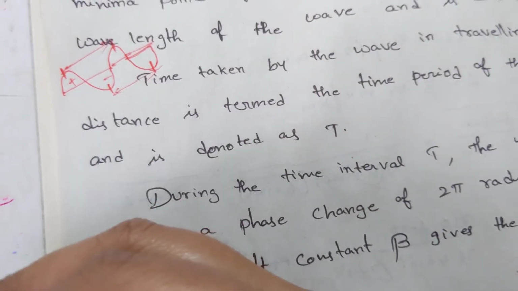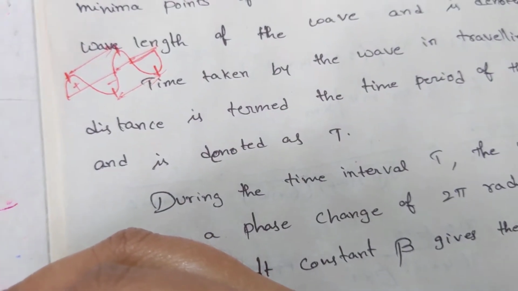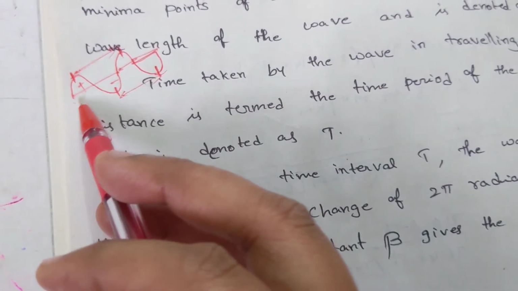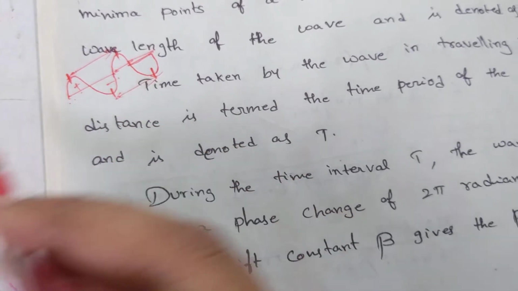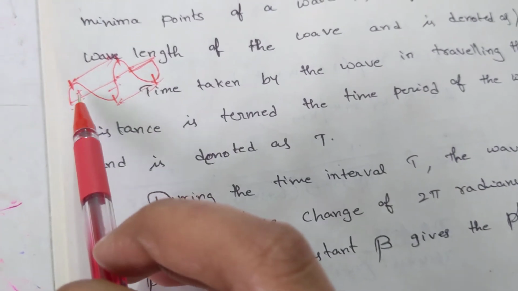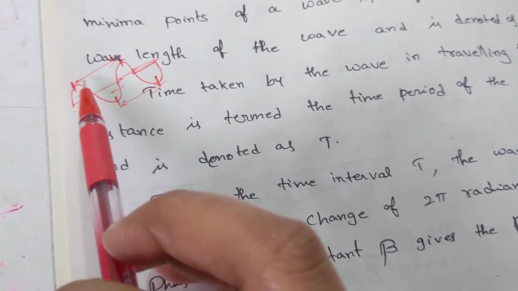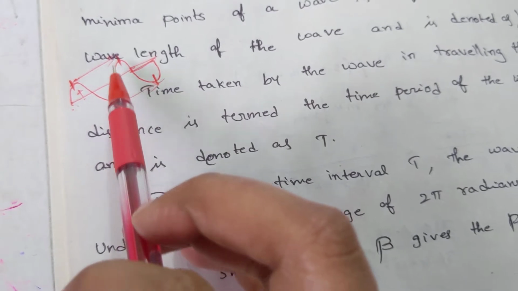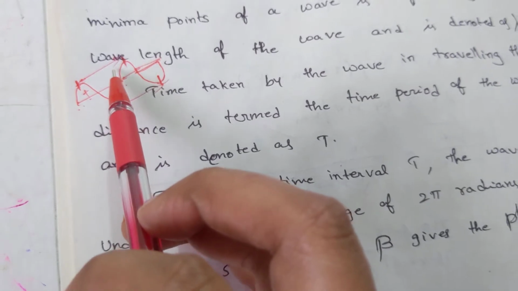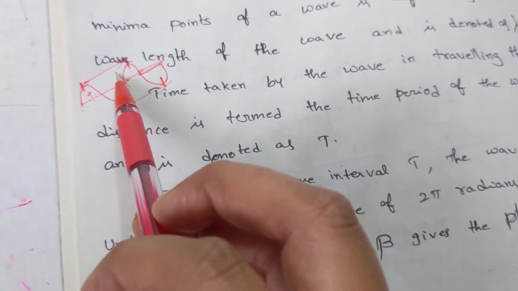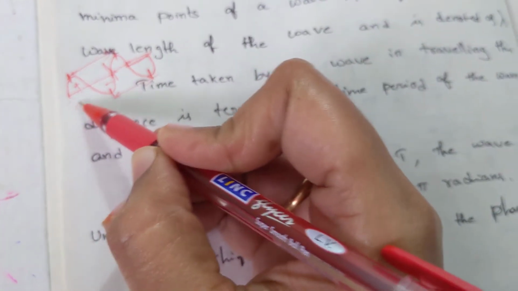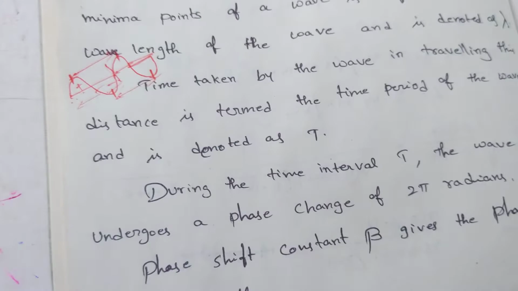In a similar fashion, when you go for the time period, we say that it is how much time is taken by this waveform to complete its cycle. How do we say the cycle? Here it starts as positive, it travels along the negative direction, and again it starts, which means the same cycle is going to be repeated. So the time taken to complete a cycle, we term that as the time period.